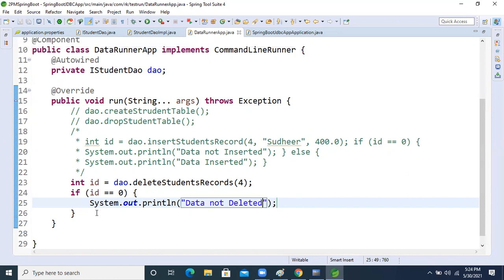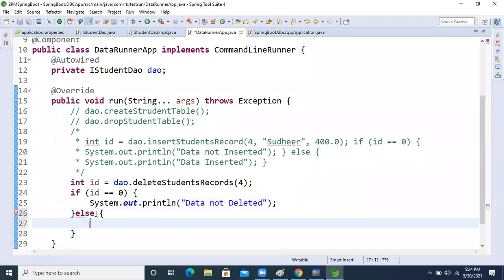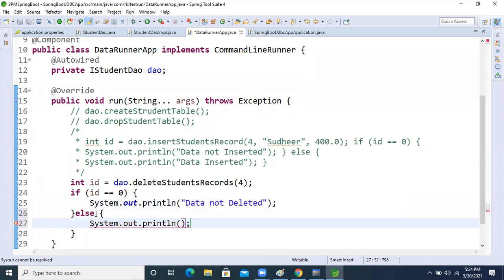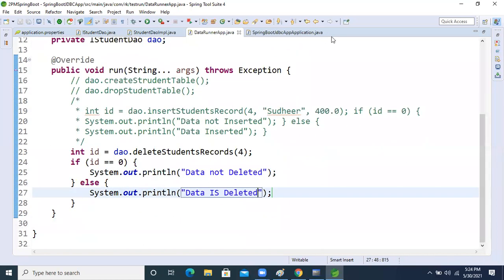That is the condition. Otherwise, data is deleted, and print the ID number also.